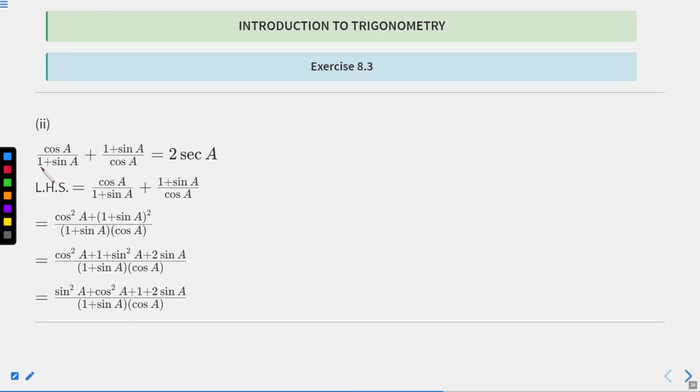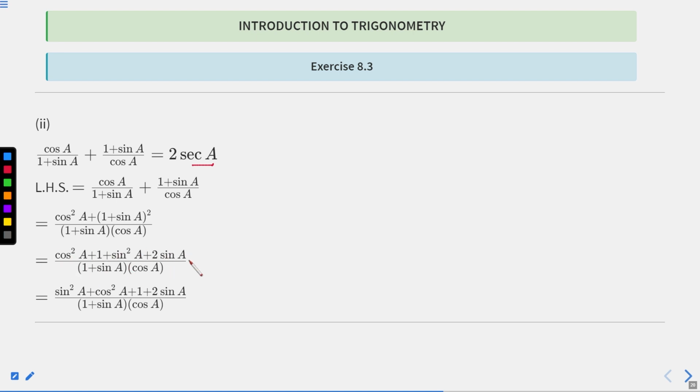So here cos A by 1 plus sin A plus 1 plus sin A by cos A is equal to 2 sec A, that is to prove it. Okay, so here left hand side we have cos A by 1 plus sin A plus 1 plus sin A by cos A, and this is equal to cos square A plus (1 plus sin A) whole square divided by (1 plus sin A) into cos A,